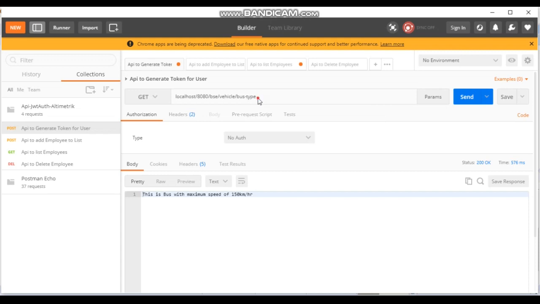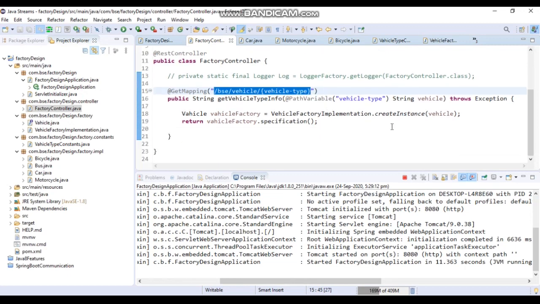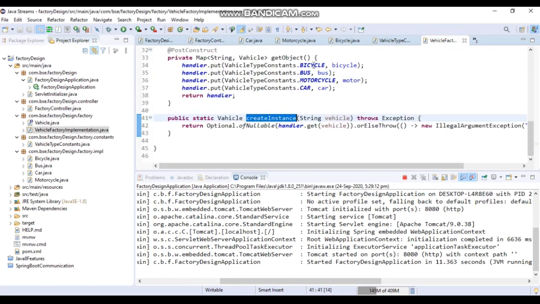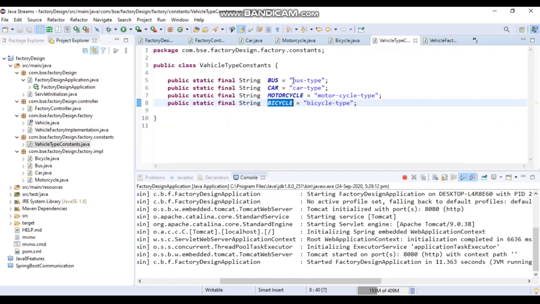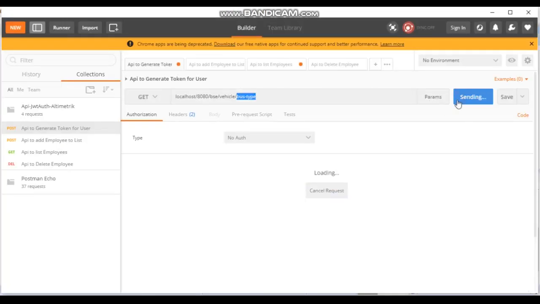Let me tell you where I am getting this from. I'm getting it from here. These are the constants I have created, bus type, so I'm using it. So I hit the request.